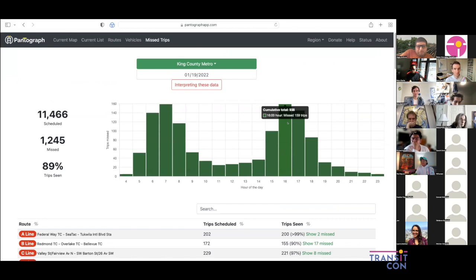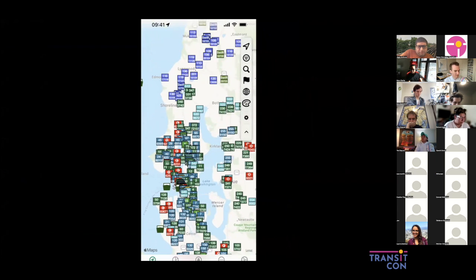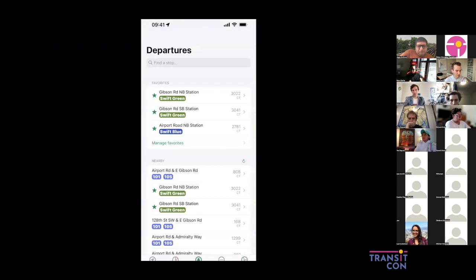I've been showing you the web version. Pantograph is also available on the iOS app, which you should be seeing now. This is still the Puget Sound. All the same features are available between the two, with the exception of real-time stop departure estimates. I just rewrote the whole web version. I wasn't quite able to sneak this in at the same time, but it is coming soon.